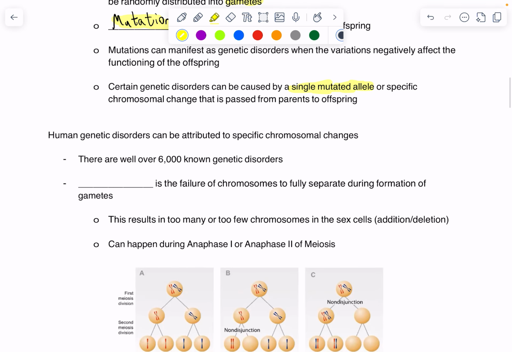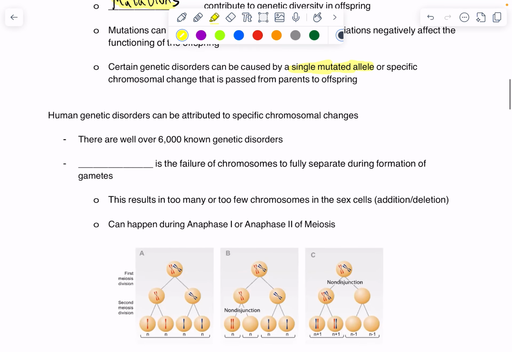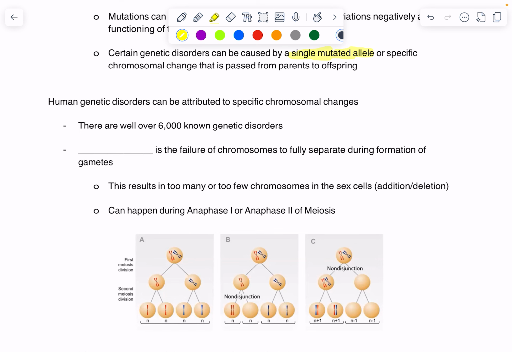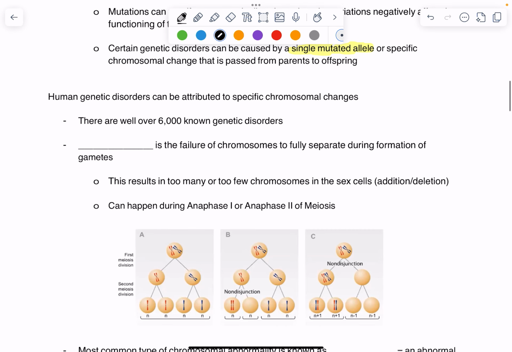And so disorders can be attributed to specific chromosomal changes. There are well over 6,000 known genetic disorders, all of those stemming from differences in alleles or chromosomes. And so there's this process that we call non-disjunction, which is all about the failure of chromosomes to fully separate during the formation of gametes. Non-disjunction will typically happen as an error in either anaphase 1 or anaphase 2. And so the end result is that we have too many or too few chromosomes in those gametes or